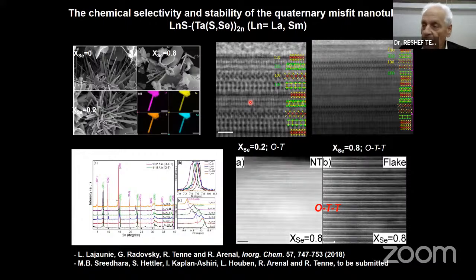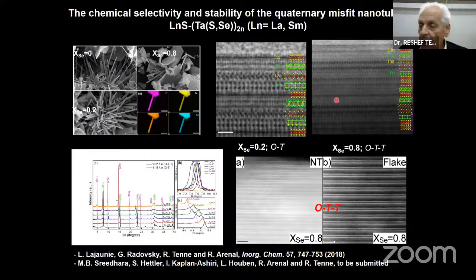So what you see here is that when you enrich, initially, when you have a very small amount of selenium, 0.2 fraction, and 0.8 fraction of sulfur, you get the usual superstructure: tantalum sulfide selenide, lanthanum sulfide. But when you start to enrich the system and you starve the sulfur, there is not enough sulfur, the material